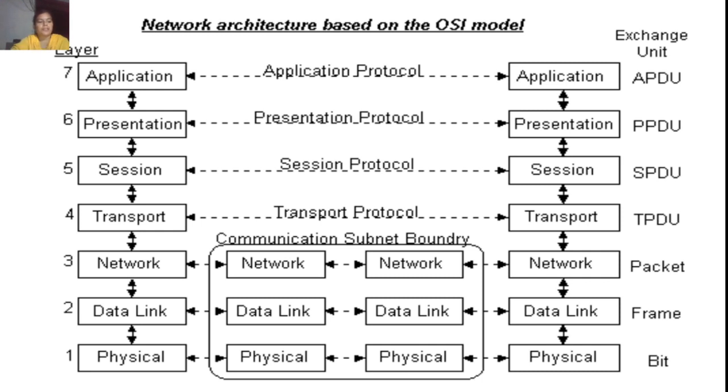In this architecture, each layer serves the layer above it and in turn is served by the layer below it. So in a given message between users, there will be a flow of data down through the layers in the source computer, across the network, and then up through the layers in the receiving computer. Only the application layer at the top of the stack doesn't provide service to a higher level layer.